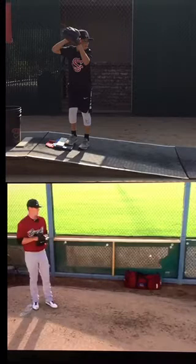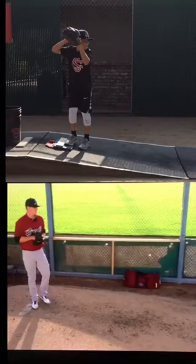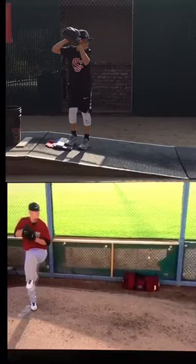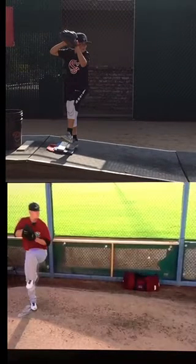Okay, so let's take them into their leg kicks, or actually just before leg kick. Right there, and right there. Okay, so one major factor is momentum. I would say that most kids I see kind of struggle with that. Either they just don't know, or they were taught that whole balance point thing. I'm not sure actually which is which here with Eli, but he's basically not moving his body into his